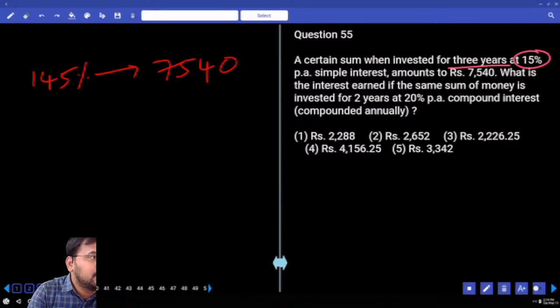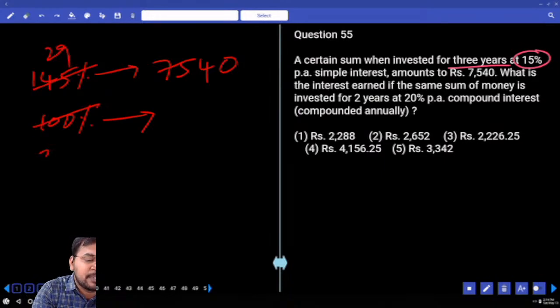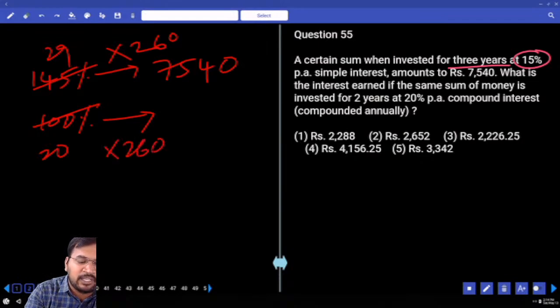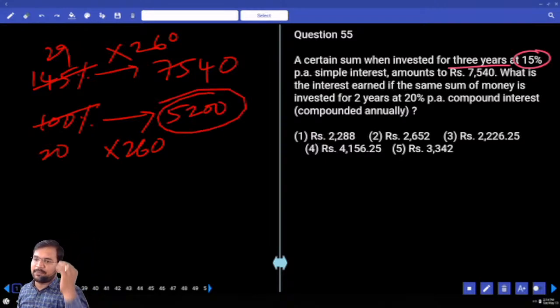All of you clear? Now we need the principal. 100% is how much? 5 how many times? 5 29 times, 5 20 times. 29 2s are 58. If you subtract 58, the remainder is 174 or 17. So 29 in 174 is 6 times. And exactly 260 times. So 260 times of 20 is 5200. Principal is 5200. On that 5200 we need...